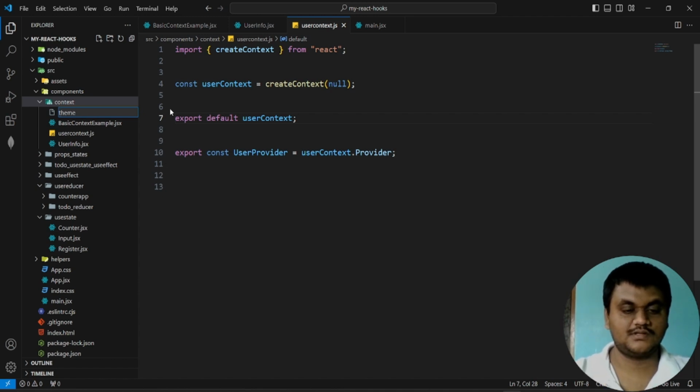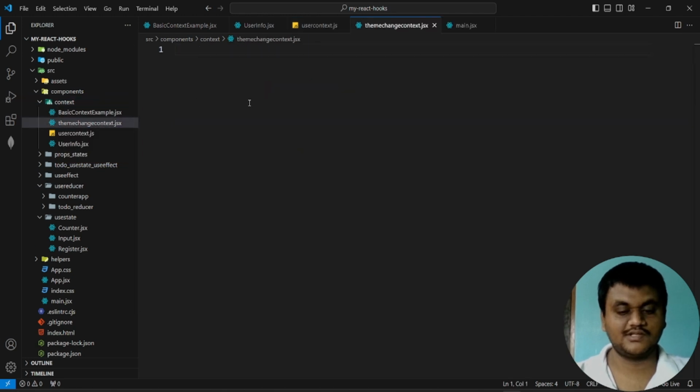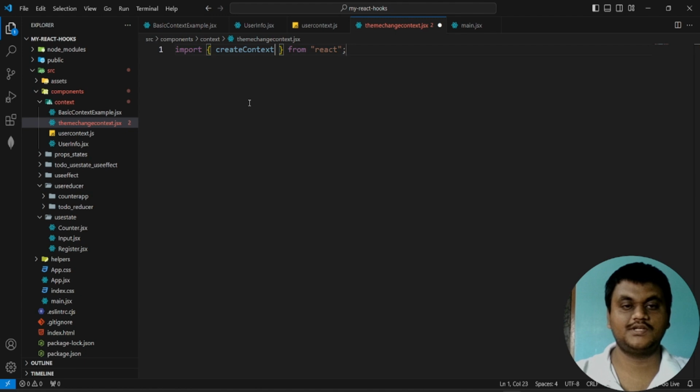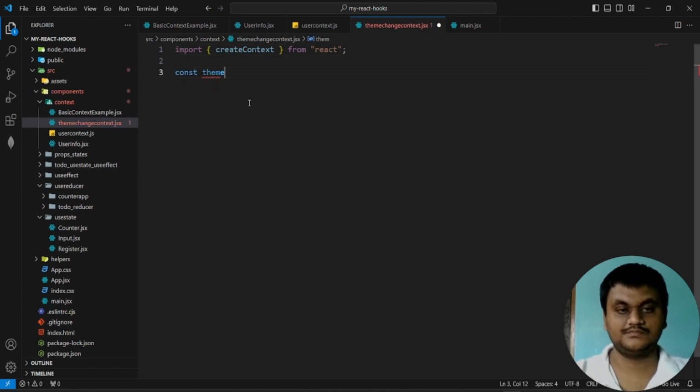A theme switcher, or a theme change, theme change context dot jsx here. Here also same, like import createContext from React. For that, first theme change context equal to